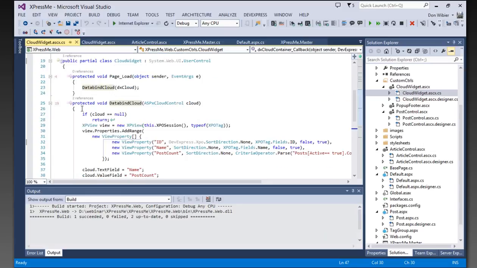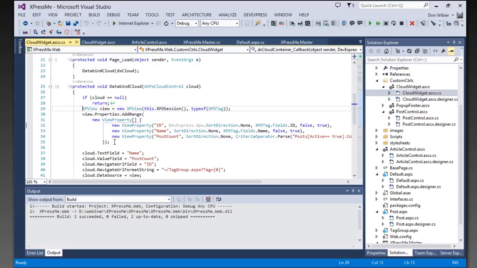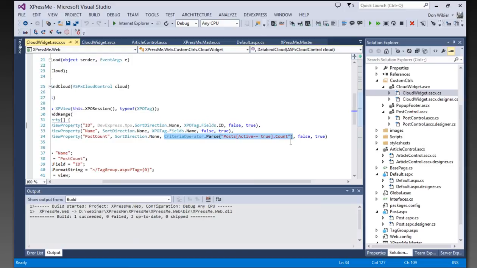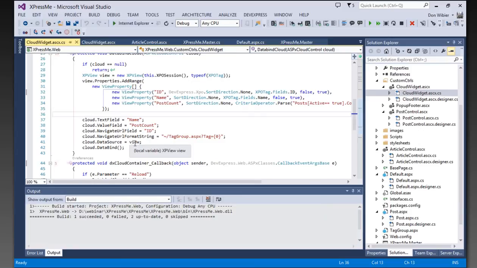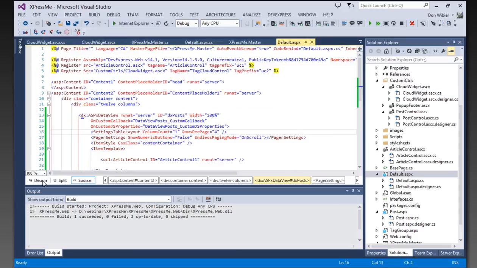So in this scenario, it will create an Xpo view, which is another method of displaying information out of the database. Because what I need is the number of items which are tagged with this particular tag. So that's done fairly easily with the view, because you can have some complex criteria operators which will be evaluated, so I can have the count property of those posts. And what I'm doing then is basically I'm setting a number of properties on the cloud control, and that's basically it. If I now go to the home page, switch back to design,